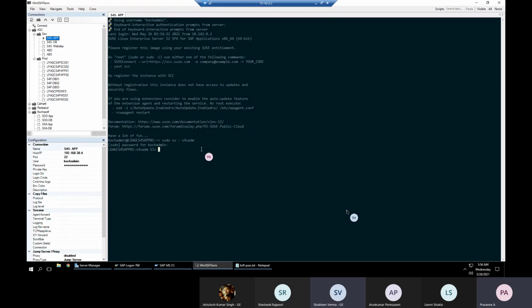In older versions, the command will be stop SAP. But I think this will not work here because this is a new version of SAP. It says command not found. For older versions, I'll switch.